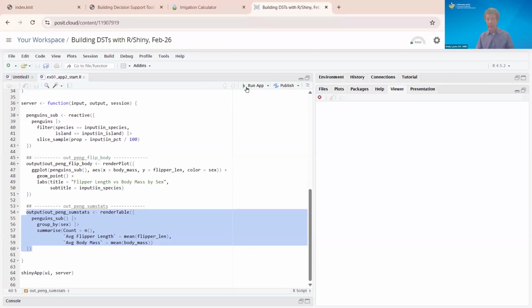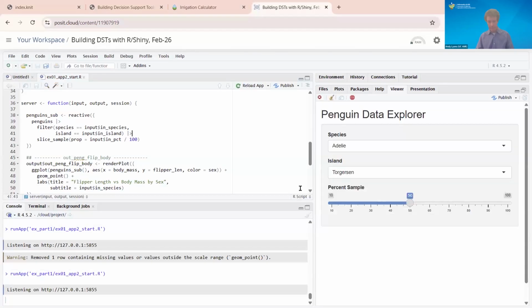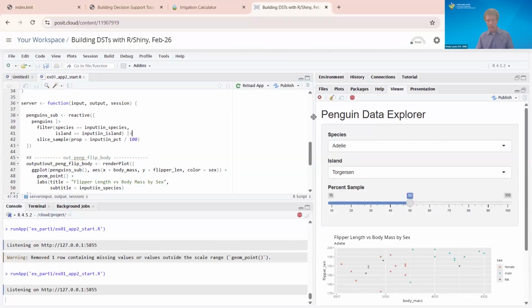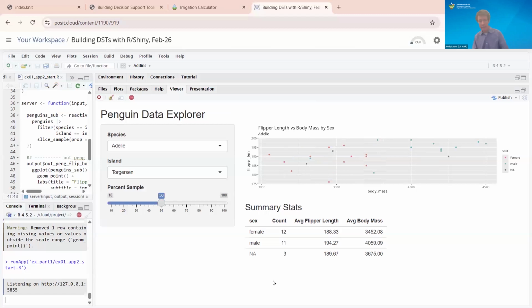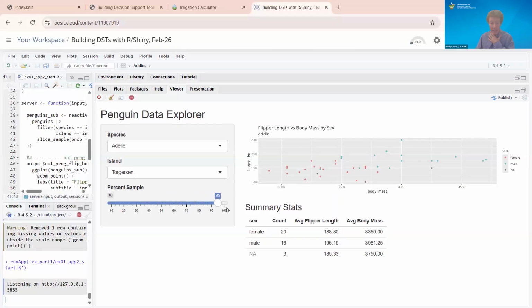Okay, now let me save it and run it and see how it looks. All right, I'm going to make this a little bit wider so I give myself a little more screen real estate. So now when I change the percent sample and I bump it up,